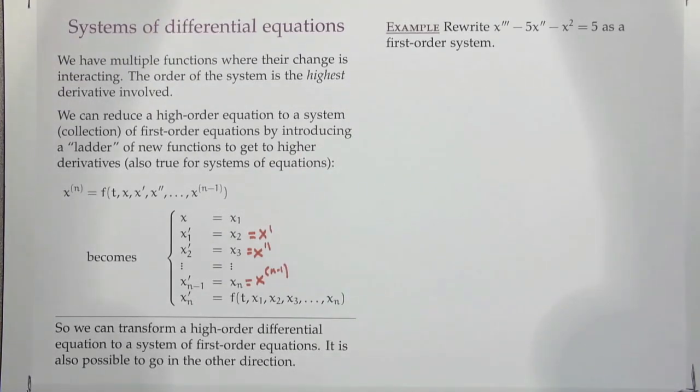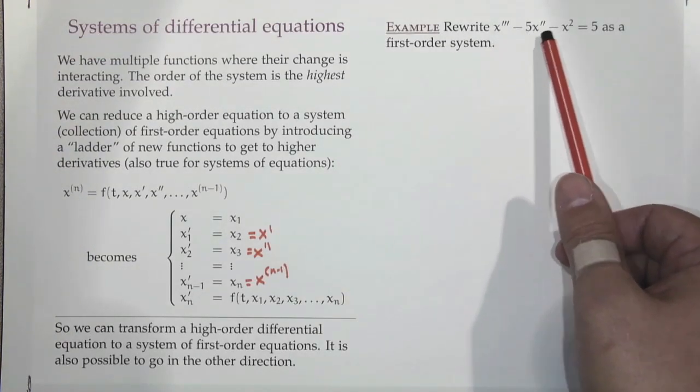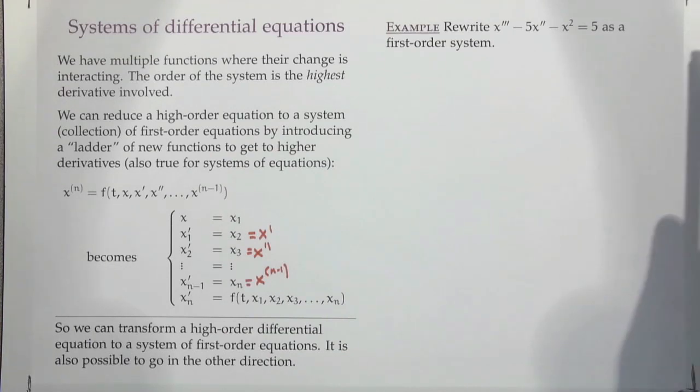All right. So, we can do a really simple example. Here's this differential equation. I have x third derivative minus 5x second derivative minus x squared equals 5. Write this as a first order system. Now,